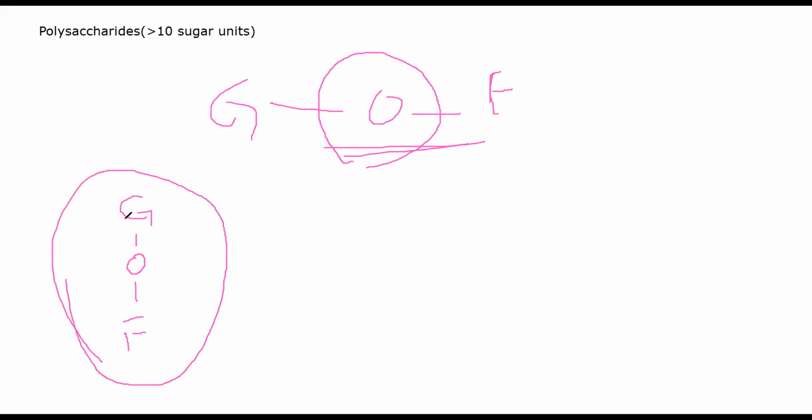All right, this is one sugar attached to another sugar. This can have n number of carbon molecules. Let's suppose this is 9 carbon molecules, and this has two carbon molecules. For example, two single sugar units or two monosaccharides being attached with a glycosidic linkage. This will represent a disaccharide. If you keep repeating this 10 times, or if you have 10 sugar units like this, so you have